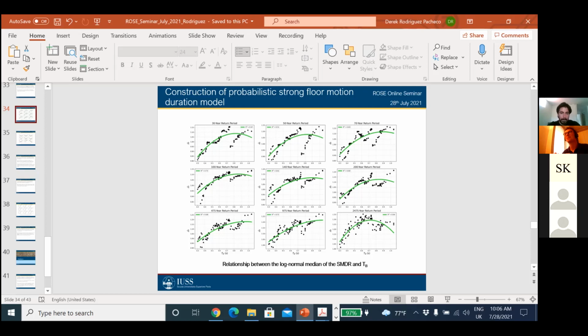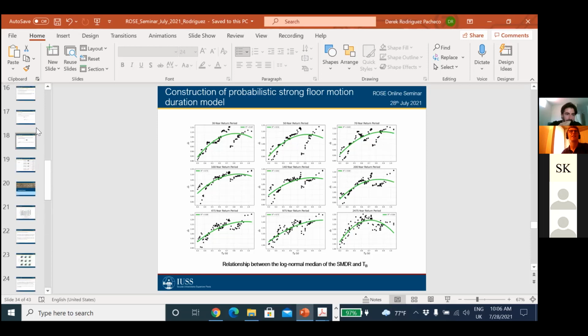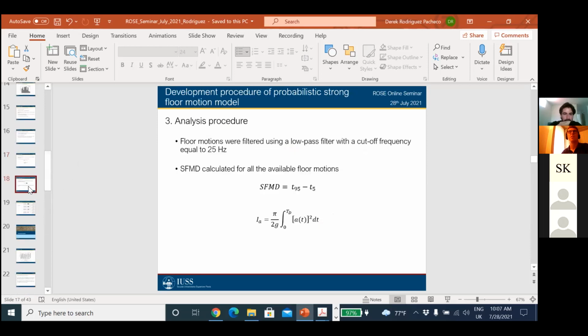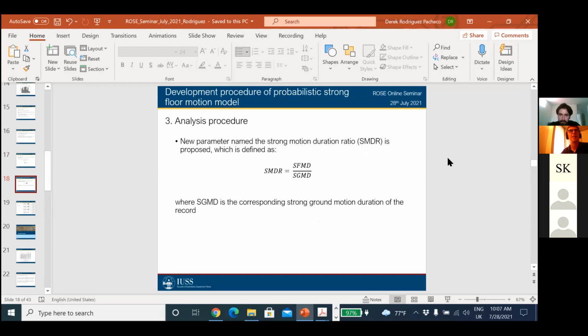Derek, I had one or two questions. One was a question, one was a comment. I'll start with the question. So in your strong motion duration ratio, SMDR, this factor that you're describing throughout the research, you had a slide where you were showing the durations and the various intensities. Essentially, you're looking at the area's intensity of the ground motion versus the floor response, right? Yes, correct. You're looking at the accumulation of that response.